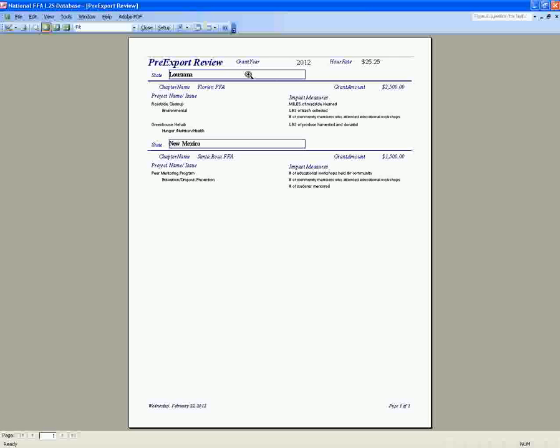It will then list by state all the chapters that you have entered grants for. It'll identify the project names, so you can see the roadside cleanup, an environmental issue project, and a greenhouse rehab, a hunger, nutrition, and health project for Flora and FFA. It also identifies the impact measures that you identified for that project. Keep in mind